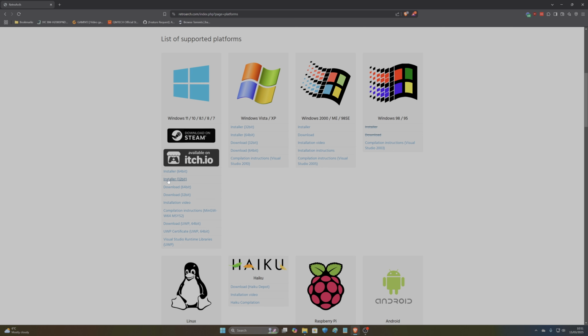You can do an installer download, 64-bit or 32-bit depending on your operating system, or just download a zip file. That's portable, so you can stick it on a USB stick and take it to another computer with all your games on, or around your friend's house, and you're good to go. After you've downloaded it,